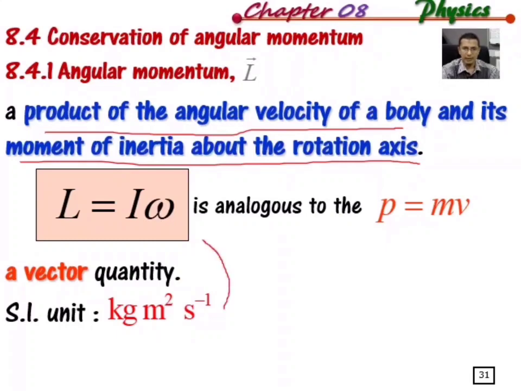We can remember this unit of angular momentum by remembering the formula of angular momentum, and we also must remember the unit of moment of inertia and also of angular velocity. The SI unit for the moment of inertia or rotational mass is kilogram meter square, and the SI unit for angular velocity is radian per second. If you look here, there is no radian symbol, but whether it's with radian or without radian is not wrong, so it's still right.